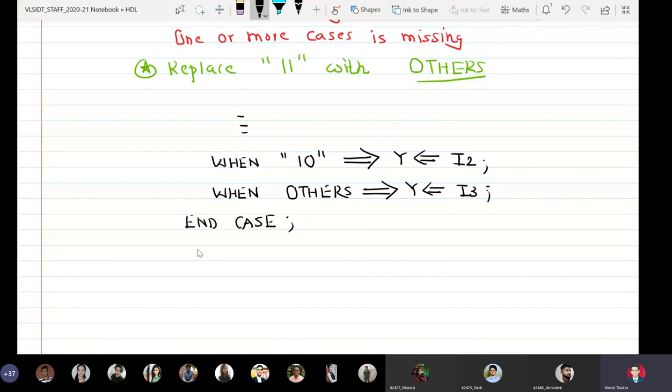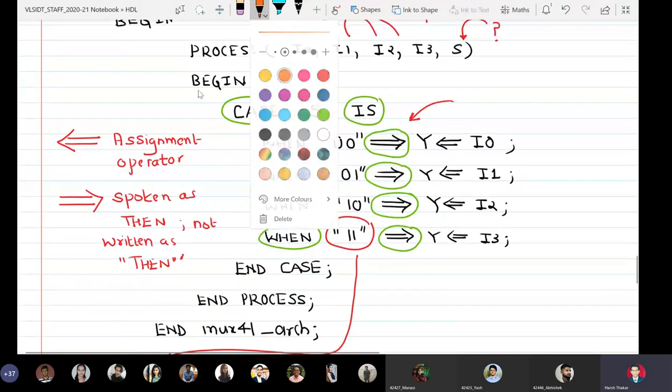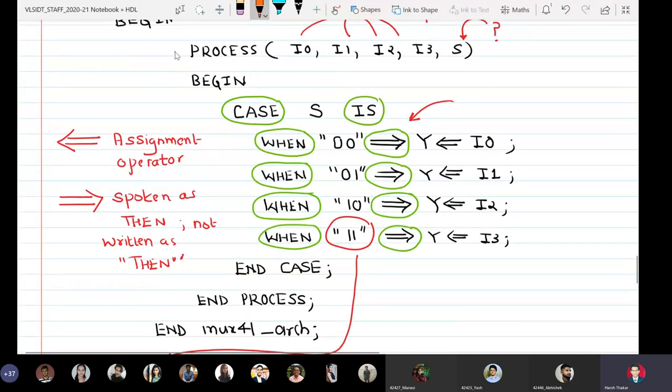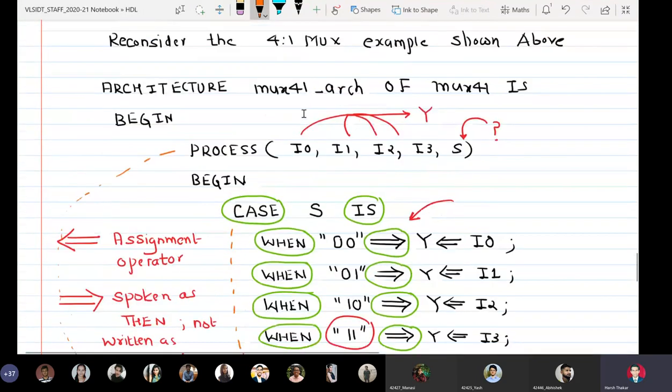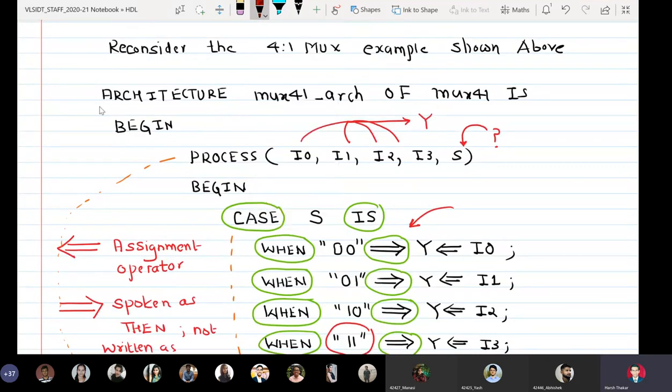Okay, so in this program, process has an end process, case has an end case, and another color we will use for this thing.